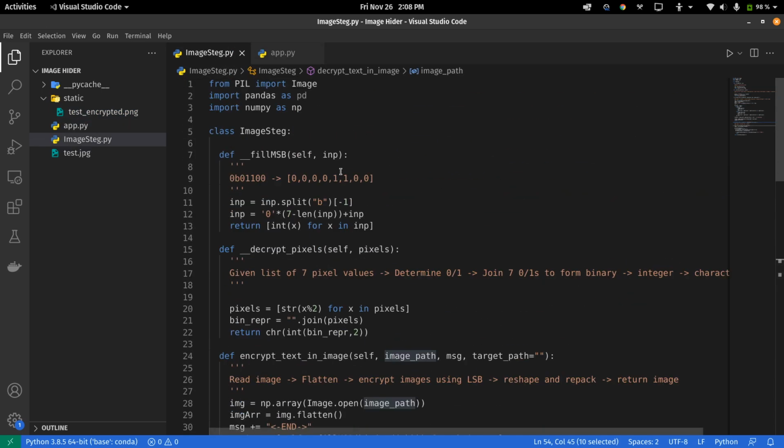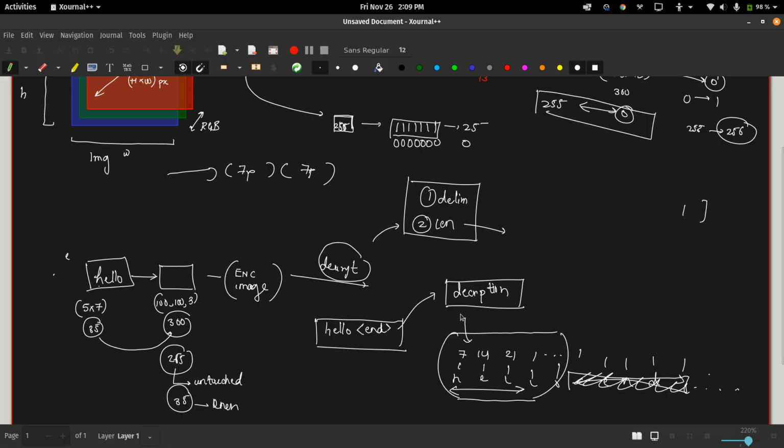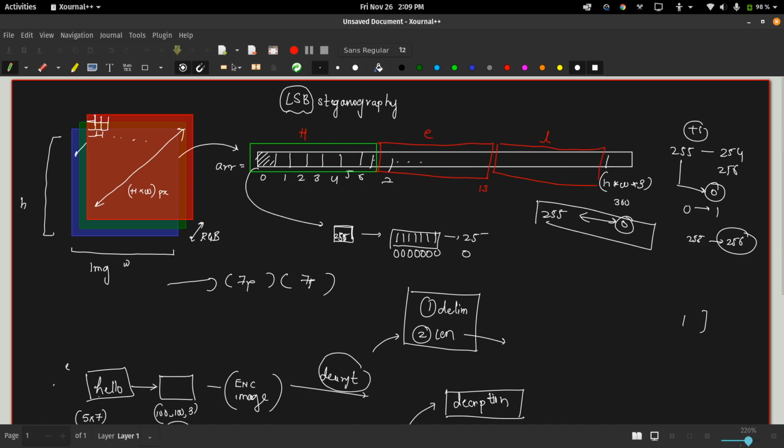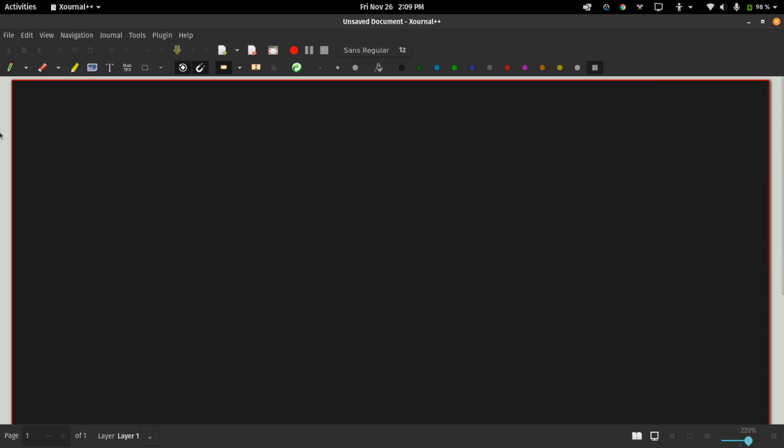If you want to add more and more security into this, you can also add an encryption part, which can be done, but here we'll not be going through that part. Encryption is also very commonly used, so let me give you a brief overview of that. Here we have the text and we have the image. We give both of these to our program,